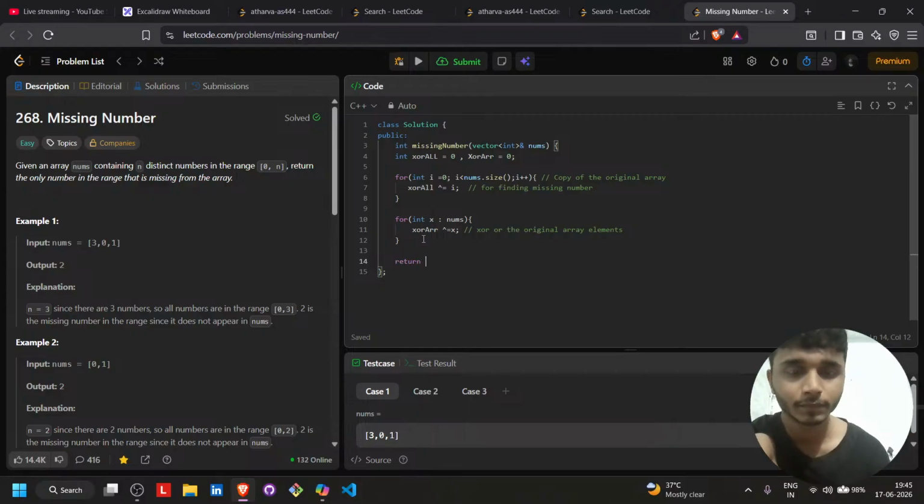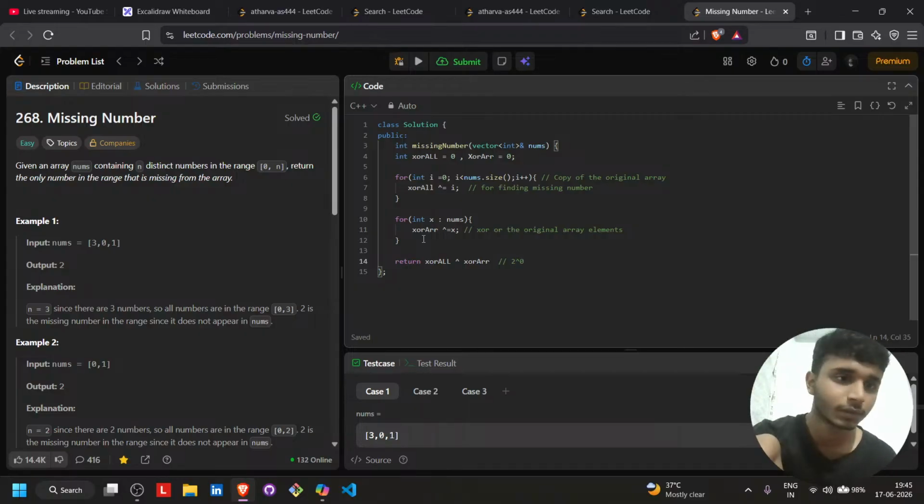that we will be returning store of all store with store of array means to store with 0. Why is it 0? Because 0 because